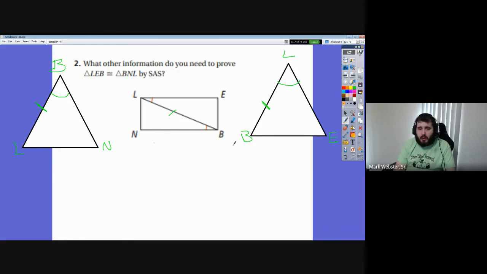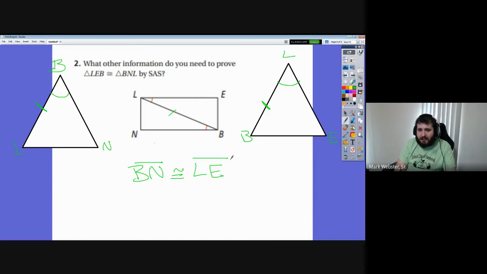So now, what am I missing for side angle side? Well, I'm missing the other side on the other side of the angle. So I need this one. Well, side BN,